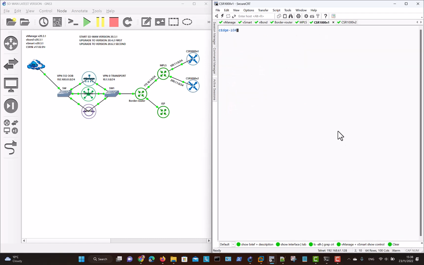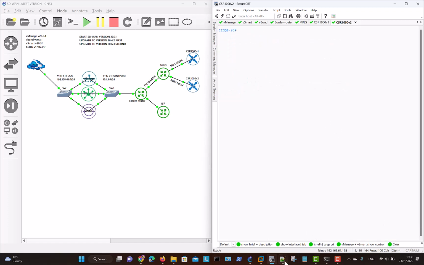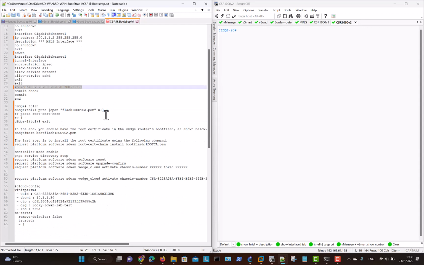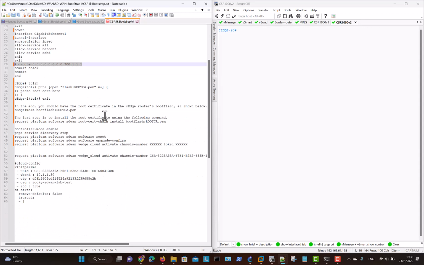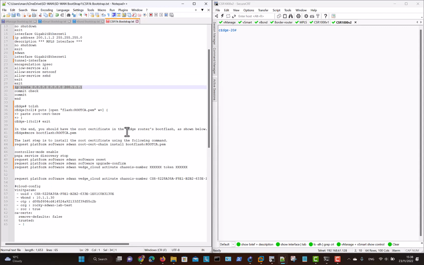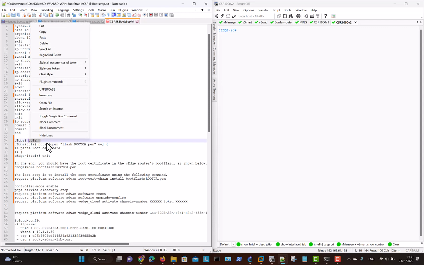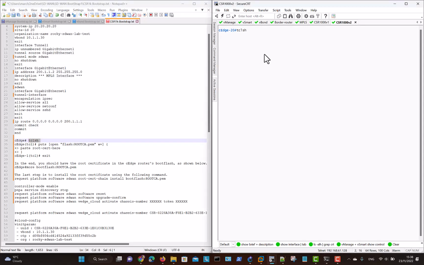So now the next step is getting the CSR. So I'll do one by one to request. There is so many things in here, so if we request the root CA to be installed, that will give us an error. So what I'm gonna do is I'm gonna go into this command here. I'll do this one first, and I'm gonna copy this,